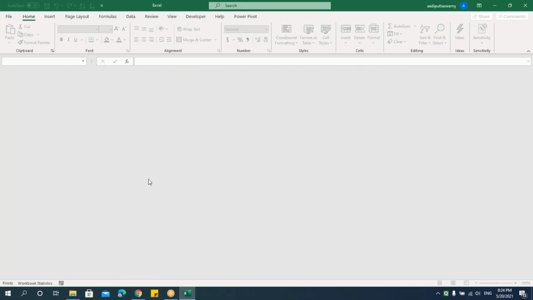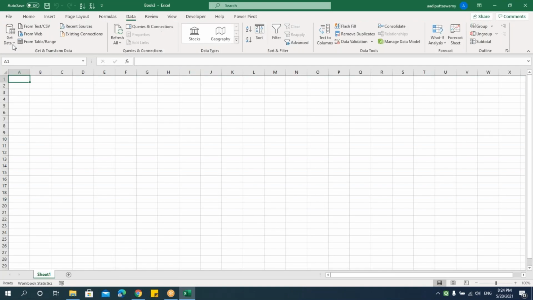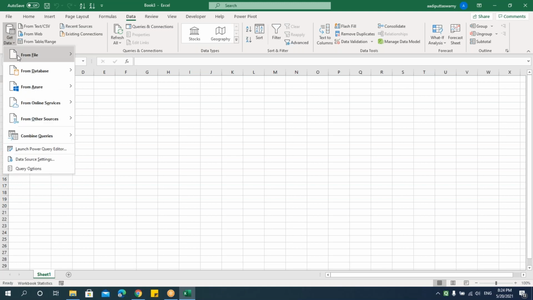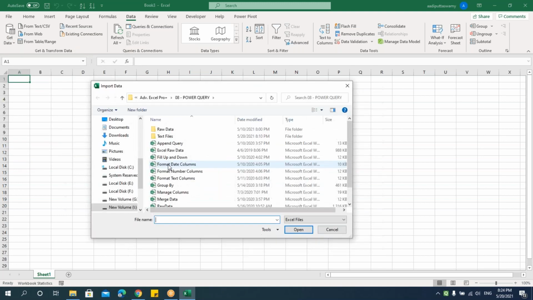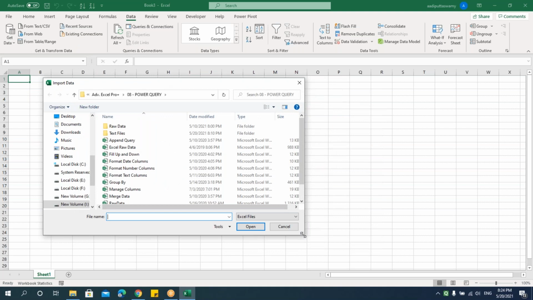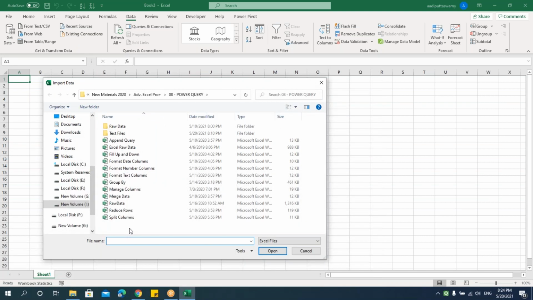Let's see some more options. Go to data, get data. Now we'll see how to use pivot and unpivot, or we'll see split first. Let's select this split, say okay.